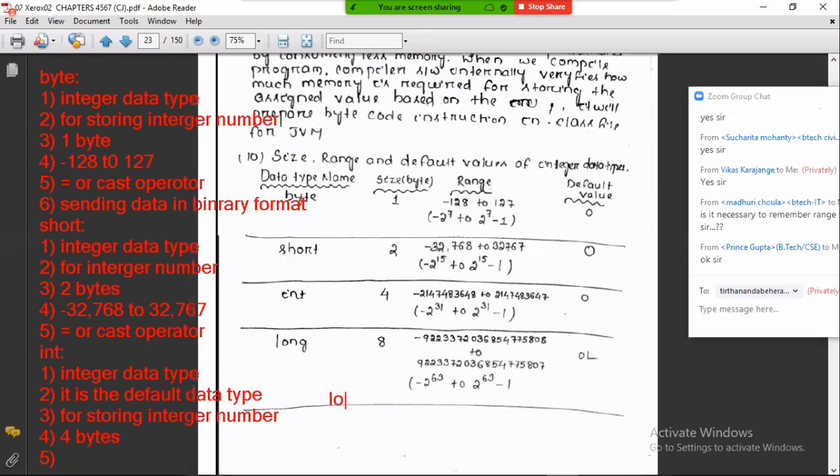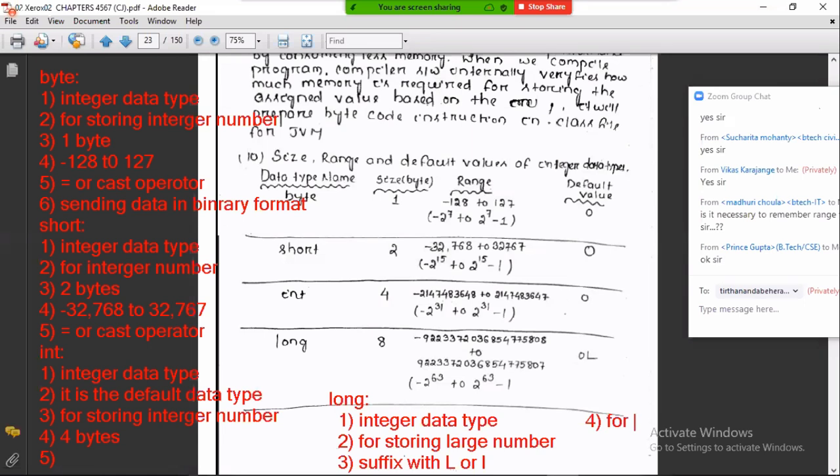Next, long. Tell me the long data type points. It is also an integer data type. Second, it is not the default data type. It is used for storing large numbers. We must suffix with capital L or small l to represent long.